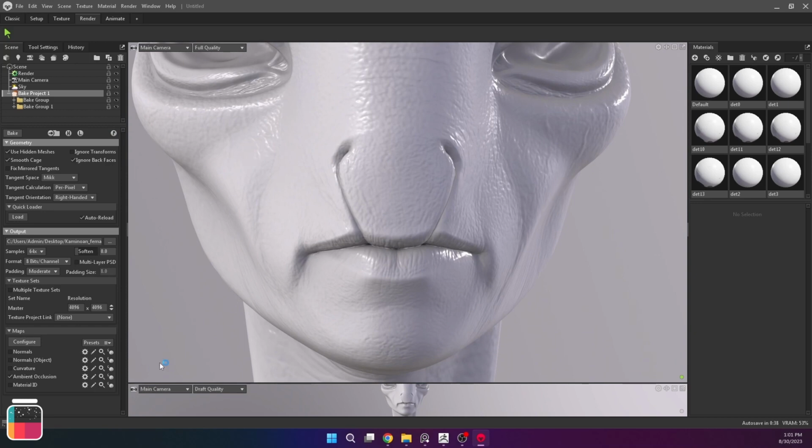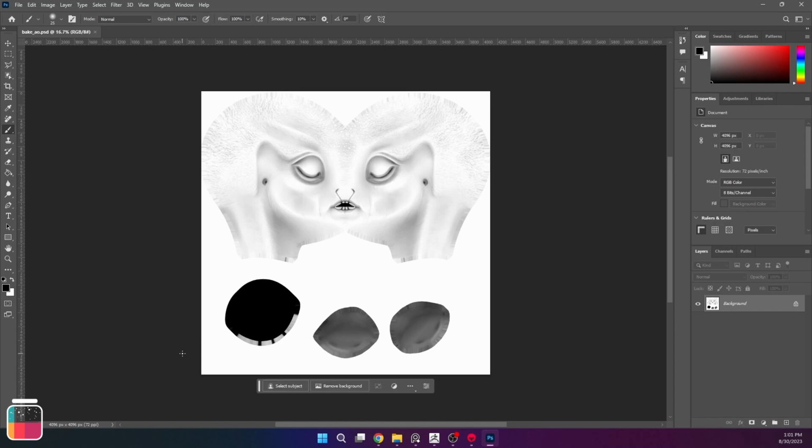You can either combine these maps in Photoshop or simply paint over these areas as I did.